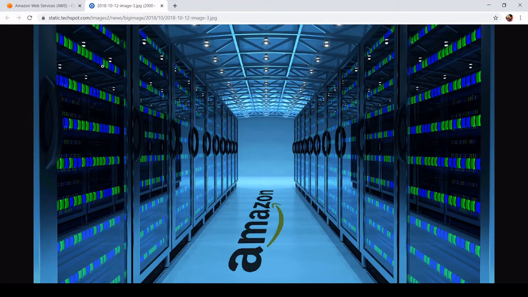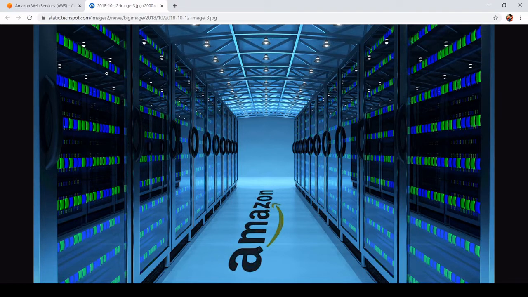Suppose any failure happens here, your data would be lost, because these instance store volumes are directly connected to a physical host. And the other way of deploying EC2 instances is deploying on Elastic Block Store, EBS. EBS is a network storage component.